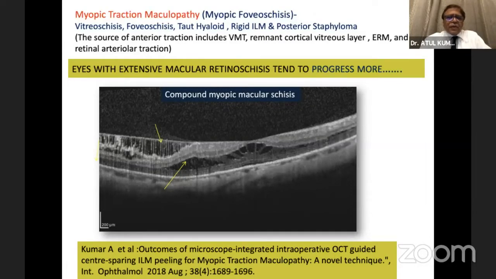They develop a hole in the center. This is a compound schisis which is there. So we need to have a serial follow-up of these patients because they tend to worsen, and when they worsen, just like fever as pointed out, we need to take care of them much before they actually develop a detachment. So much before. So imaging really helps. So Chaitra has laid the foundation of what is important for this course.